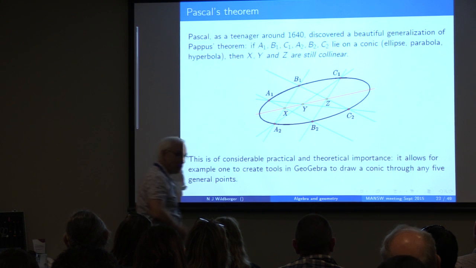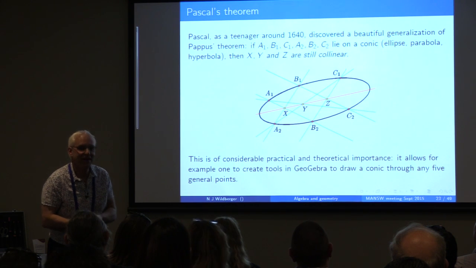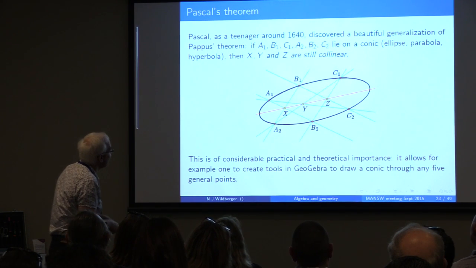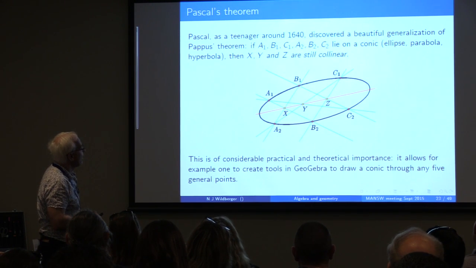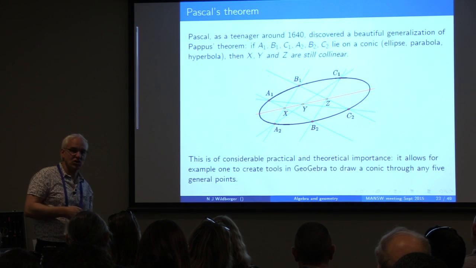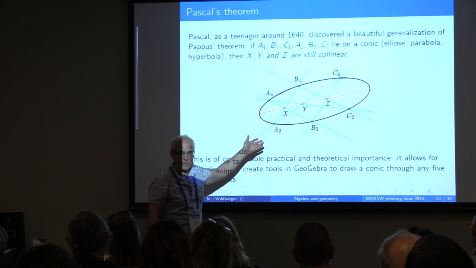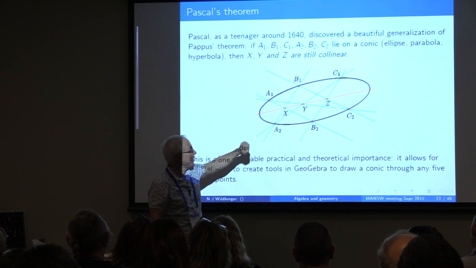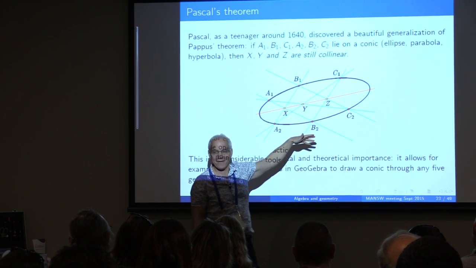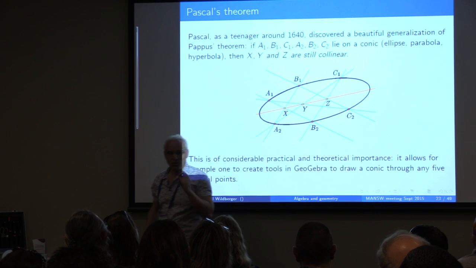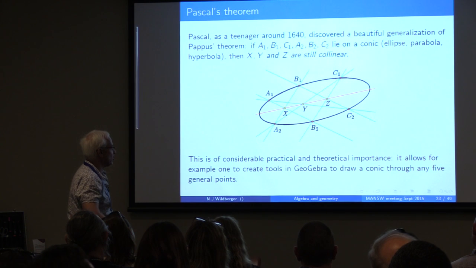And then you can tell your students about the most important and famous theorem discovered by a teenager. That was discovered by Blaise Pascal, a brilliant French sort of genius, an all-around interesting fellow, who in 1640 discovered a generalization of Pappus's theorem, which is that if you have a conic, like an ellipse, or a hyperbola, or a parabola, then you have 3 points and 3 points, then you do exactly the same thing, and the 3 points x, y, and z are still collinear. It's a generalization of it.